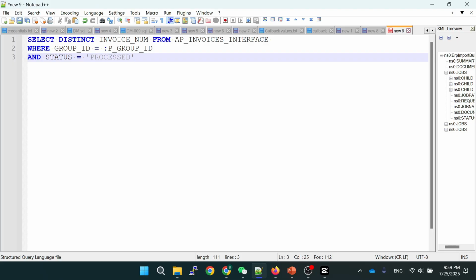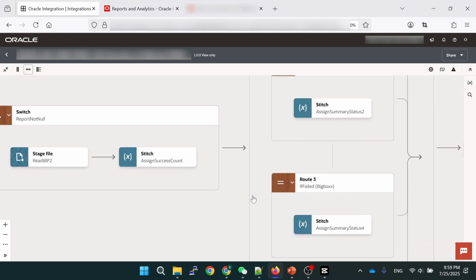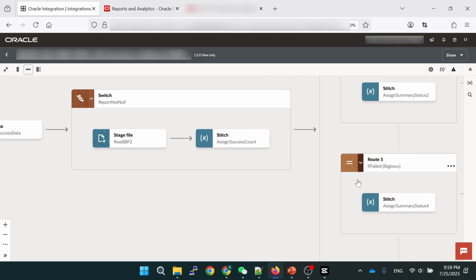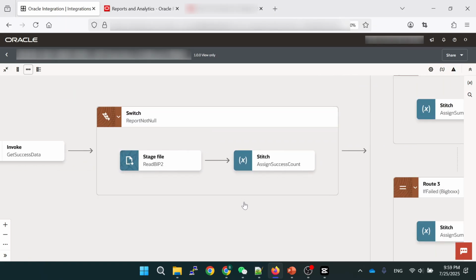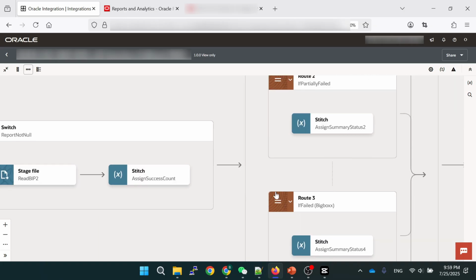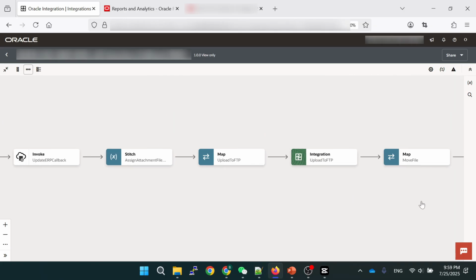Okay, the parameter is a group ID. By using this code, we can get the invoice numbers created in the system. We also assign the count of the number of the successful records into another variable, and then